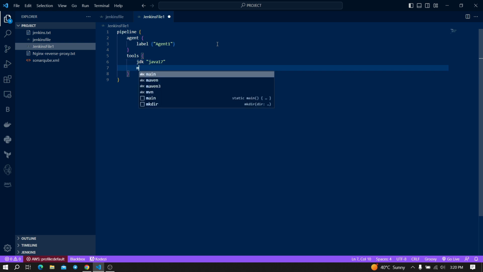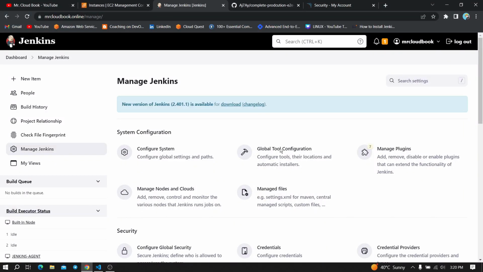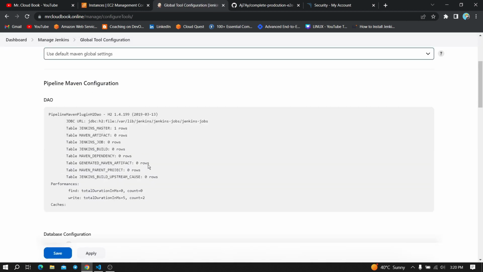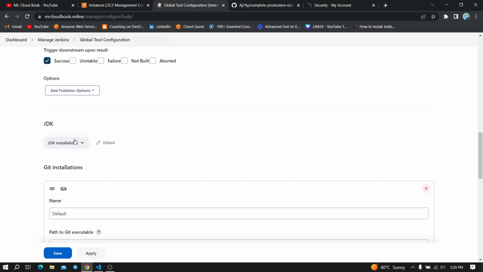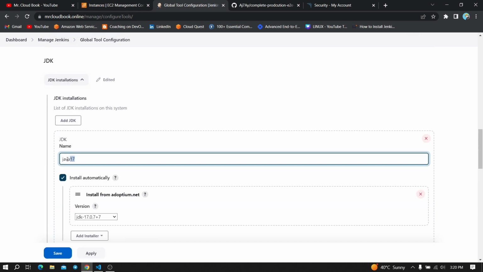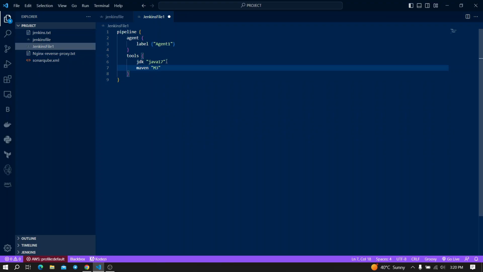Whatever name you gave, for Maven I gave M3. You can see directly, come here and go to the global tool configuration again. In JDK, click on JDK installation. I gave the name as Java 17, so that's why I gave the JDK name here as Java 17,